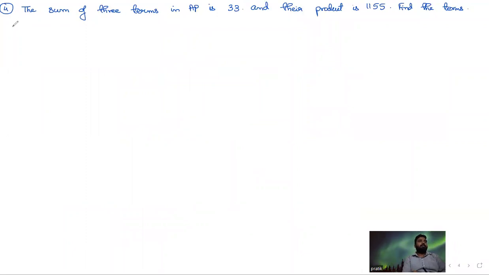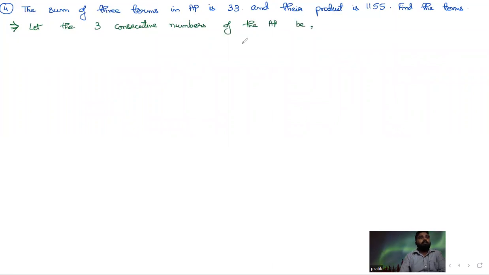So they state the sum of three terms in an AP is given to you. So whenever three terms, now you might be thinking, which three terms do I consider? So it's always better if you consider consecutive numbers, so that becomes easier for you to solve the questions. So it's three terms. So we'll consider the three consecutive terms. Let's write the statement. Let the three consecutive numbers of the AP